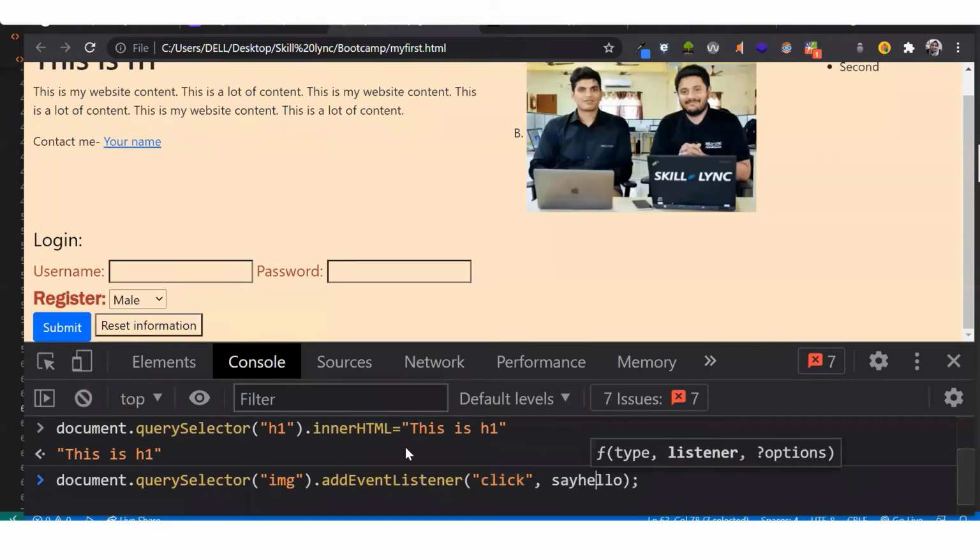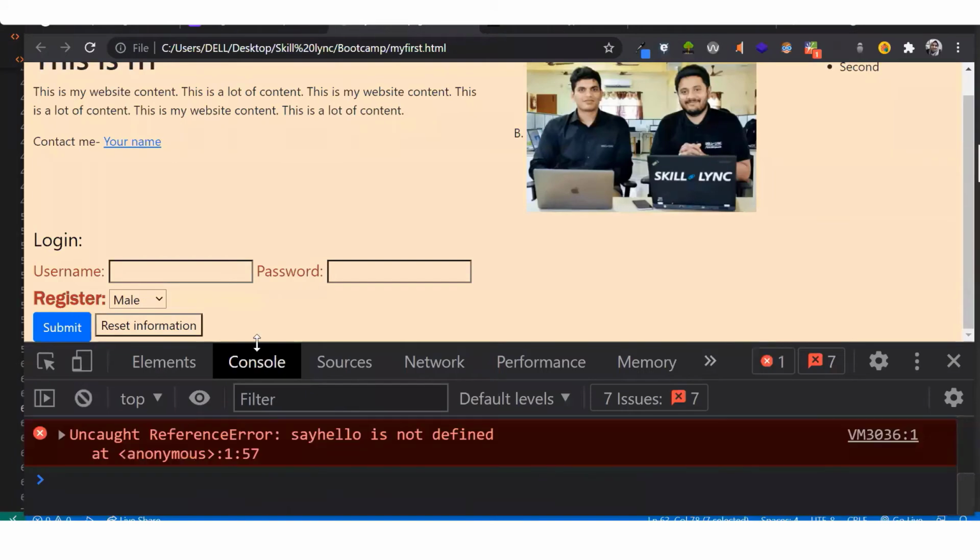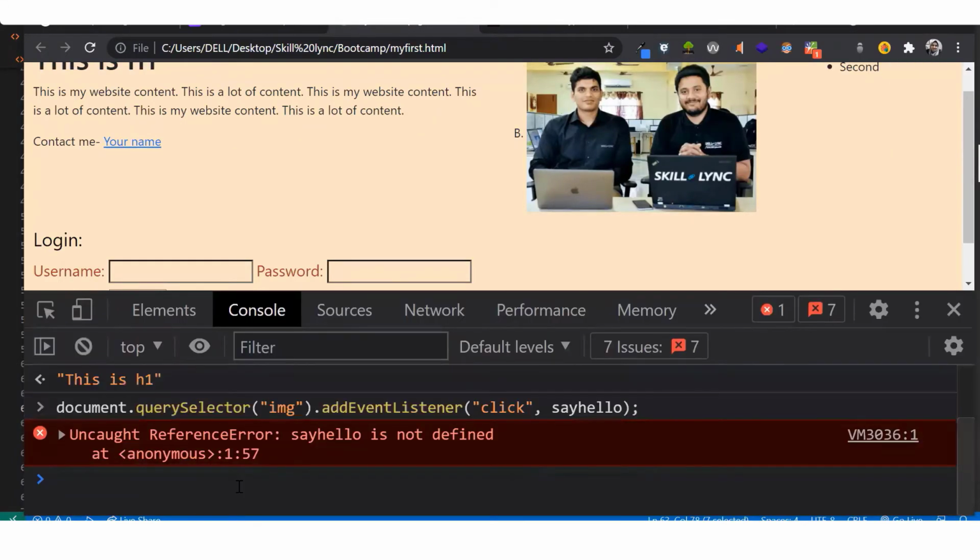And it is going to call some function. Okay, let's say I defined it as sayHello, but now sayHello is not defined. That's why it is giving me an error. So first I have to define the sayHello method. Okay, and I've already written this sayHello method for you. So sayHello can be, you see, one way of creating a function using a function word. Another way of creating a function is this arrow function.